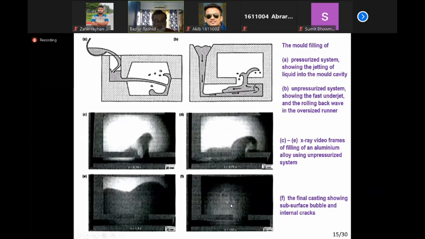Okay, we are talking about this one. Later we'll see that most of the defects are generated because of this oxide film, and the defects usually are cracks, gas porosity, shrinkage cavity. So these are the common defects in a casting, and all defects can be initiated on top of an oxide film. So that's why turbulence is the critical issue here. If turbulence occurs, oxide can generate and enter into the liquid metal. And when we fold an oxide film,